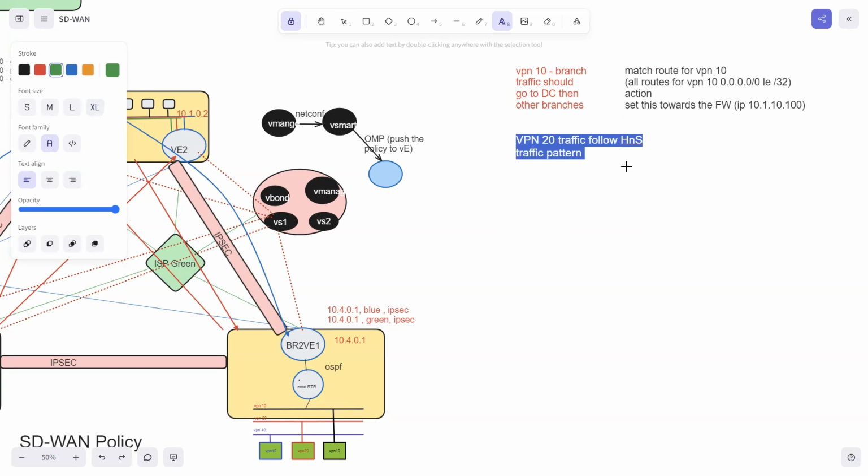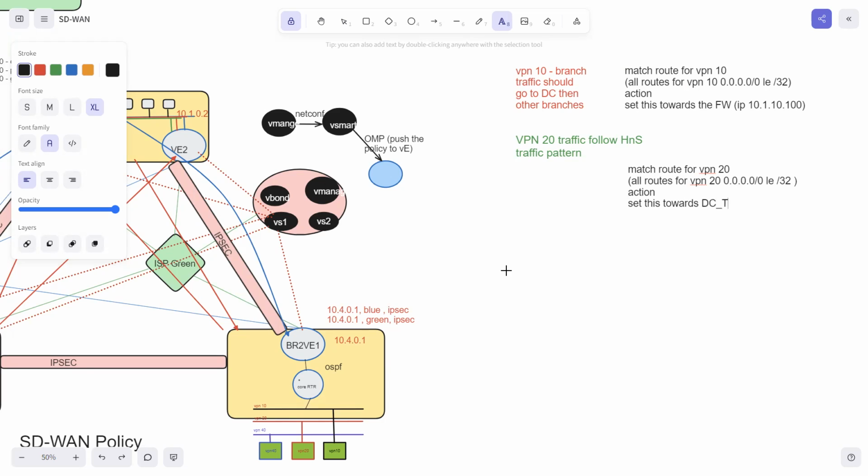Okay, so then what about VPN 20? Same thing, see, match all the routes for VPN 20, again 0.0.0.0/0 with prefix less than 32. And in the action, set this towards the DC TLOC list, right? And what is the DC TLOC list? DC TLOC list will be